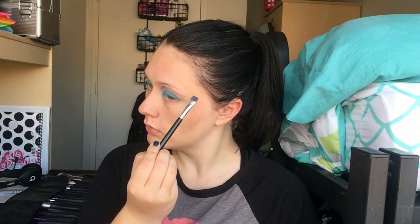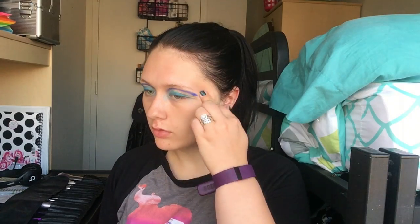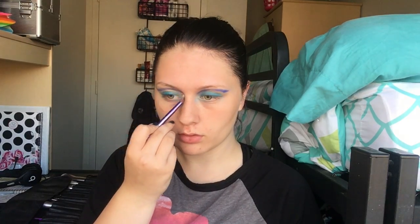And with this look, you can really see that my eyes are not the same size. I drew the lines actually pretty evenly. It's just that my one eye is much, much smaller than the other, so the brow bones don't perfectly line up. So yeah, I'm just going to blend out this blue line that I did